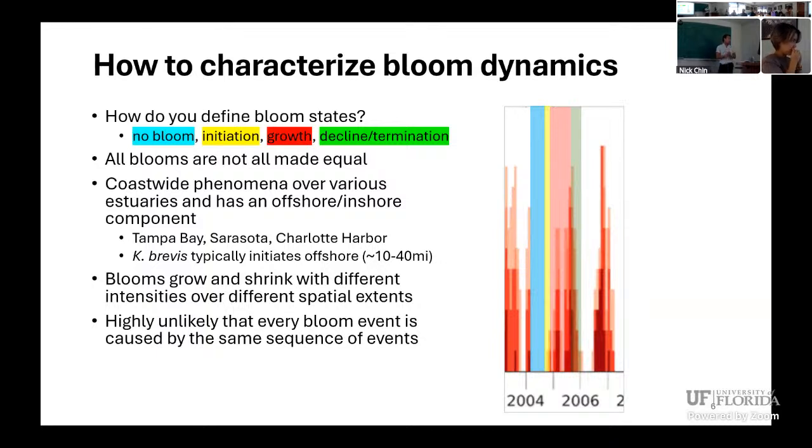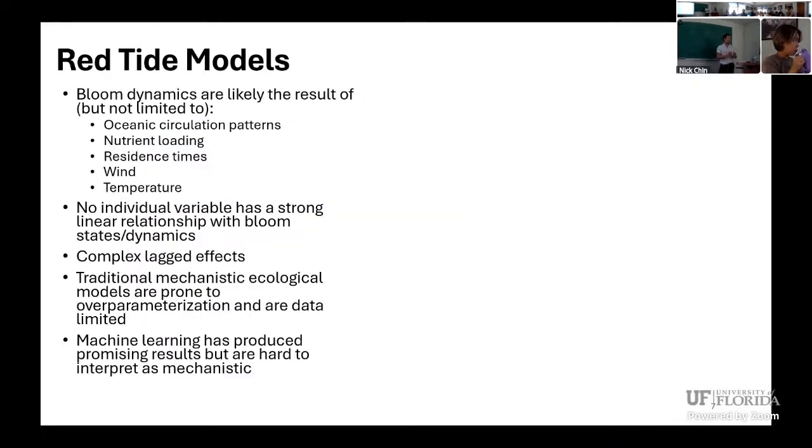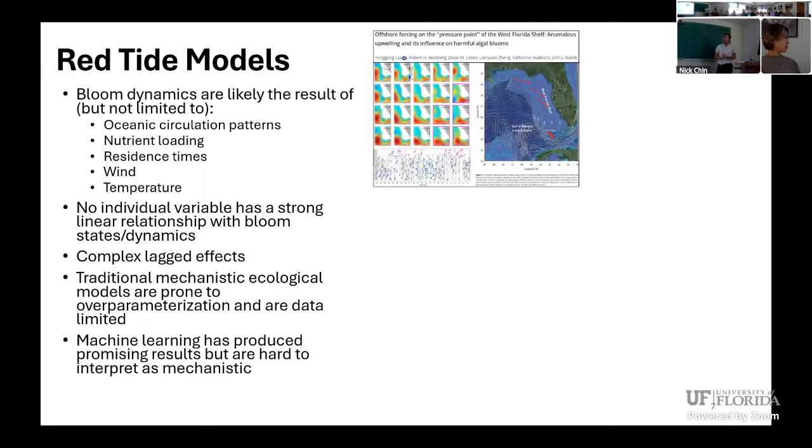So these blooms grow and shrink with different intensities over different spatial extents. And it's highly unlikely that every bloom event is caused by the same sequence of events. So how can we use these higher spatial temporal resolution maps to our advantage to understand and characterize these bloom dynamics? Okay, so some of the previous work that's gone into studying red tide has identified that these bloom dynamics are likely the result of, but not necessarily limited to, some of the variables you see below, such as ocean